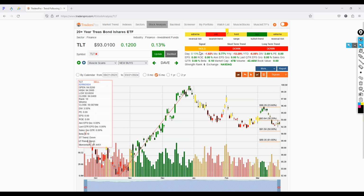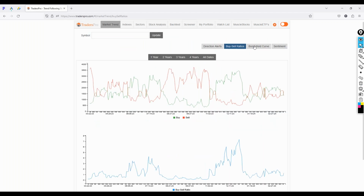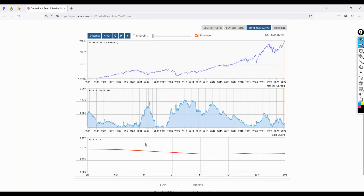I think I did mention this last Tuesday, this bond yield curve: that inverted yield curve still has to correct itself. As long as the inverted yield curve looks like this, when you have shorter term yields paying more than a longer term yield, this is a 2-year treasury, this is a 10-year treasury, this shouldn't happen, okay? This is a broken bond yield curve. It needs to look more like